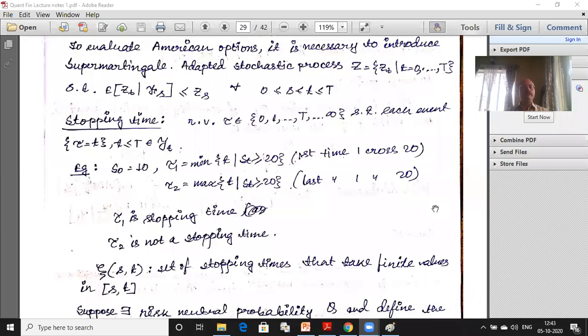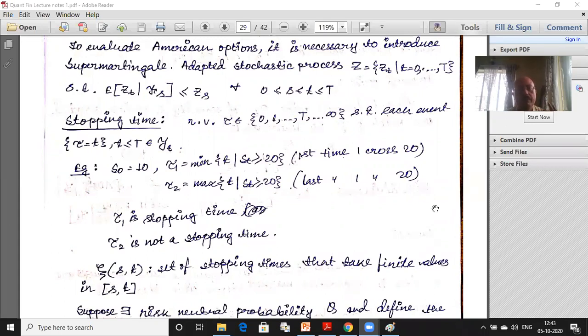Okay, all right. So stopping time again. I will be giving an informal definition, but if you are reading up the textbooks, you will get a better version of it. But this is good enough for our purpose. So what is a stopping time? A stopping time is an integer valued random variable, tau, such that the occurrence of each event, tau equal to t, for each t up to capital T, is F_t adapted.